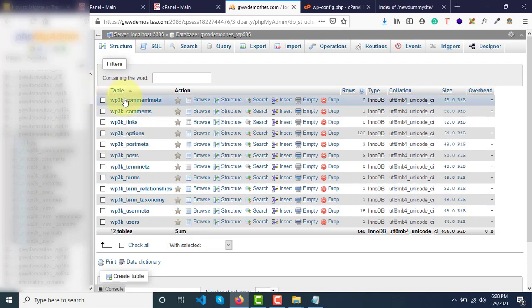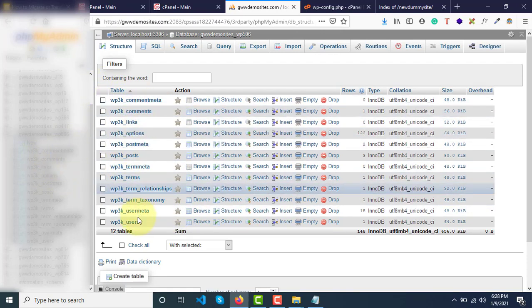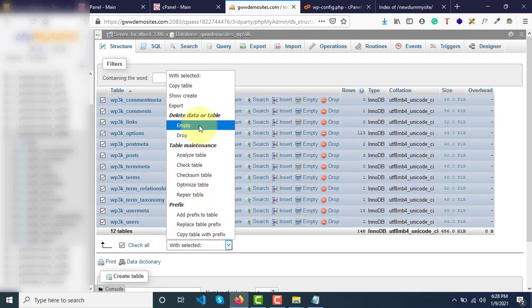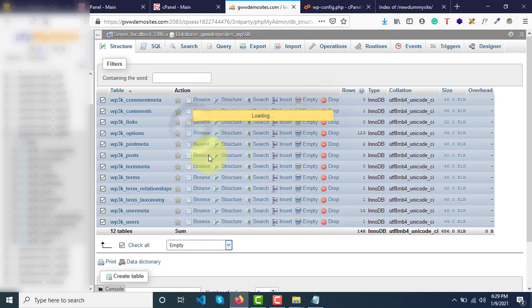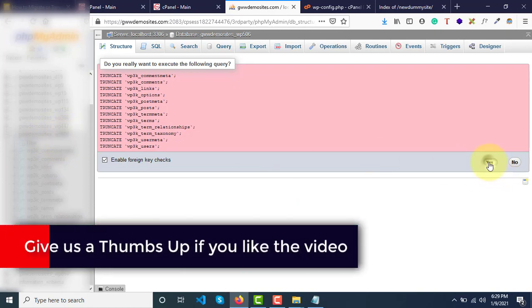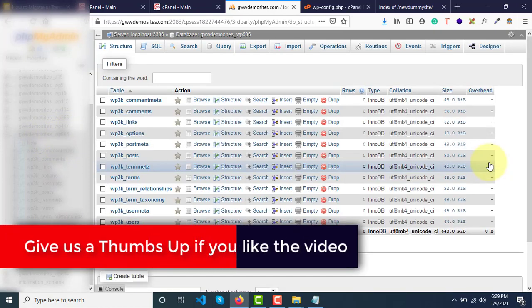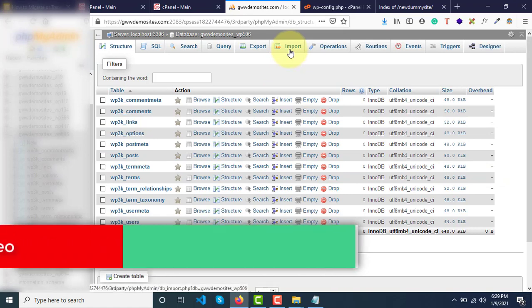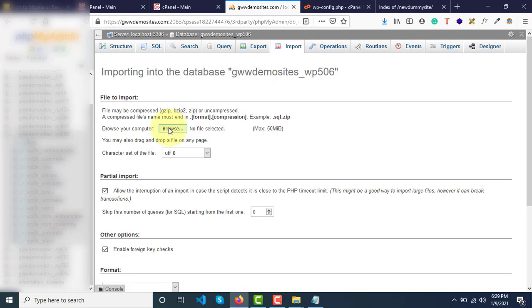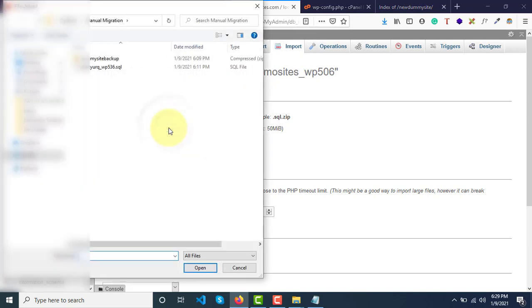the first thing that you need to do is, it will have some default data. You need to select all and click on empty database, or else you can just say drop, or else just empty the complete database of this one, 506. All right, now go here and hit import, go to browse and select the backup SQL file.